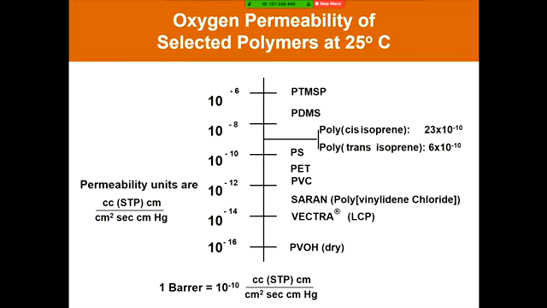Materials from across the spectrum find use. The gas separation membranes are typically up in this area. Very high barrier food packaging will often involve polyvinyl alcohol as part of a barrier layer in packaging. If you have, for example, a tomato sauce plastic container at home, it will have a barrier layer of PVOH to prevent oxygen ingress. Now, by changing the chemical structure of polymers, we can vary permeability over vast ranges.